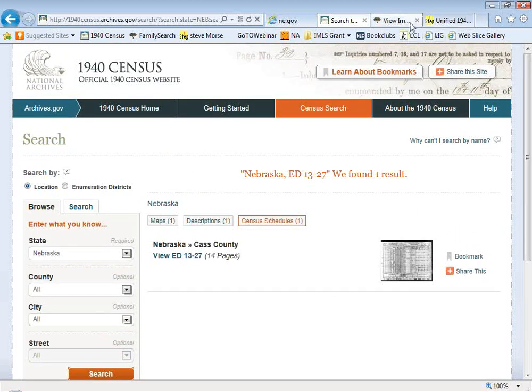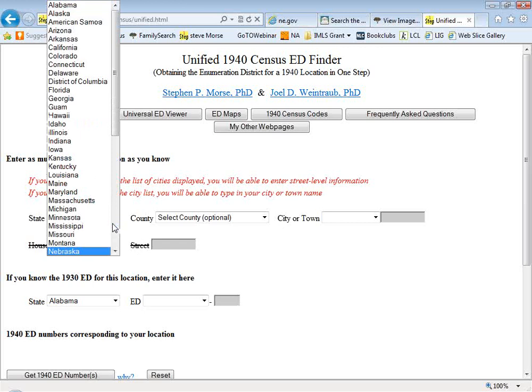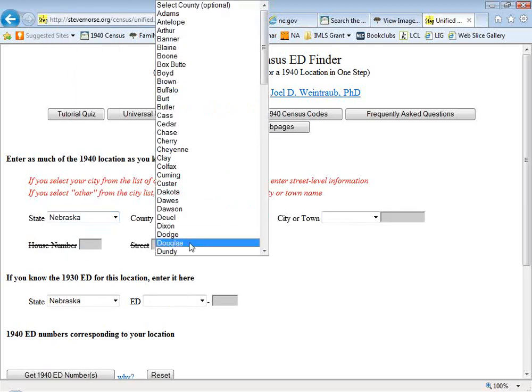I am going to go to a site here from a gentleman called Steve Morris. This is a website he has put together to help people locate folks in the 1940 census. Let me show you here, walking through. Let me do Warren Buffett again. So I'm going to go back to Nebraska, and then we are in Douglas